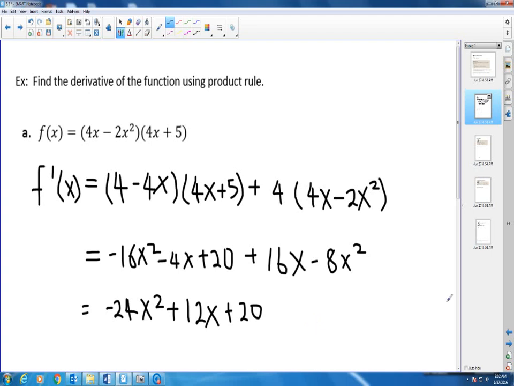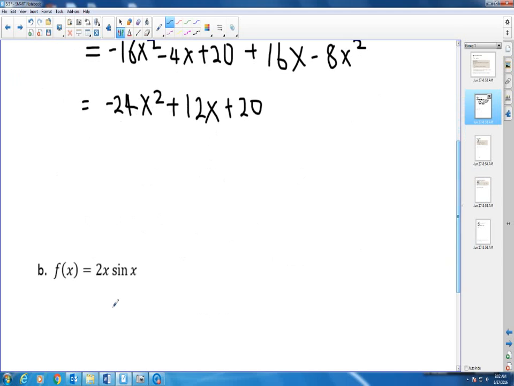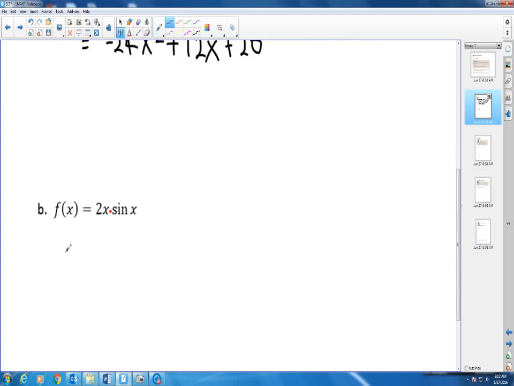Alright, let's take a look at one with a trig function. I want you to look at this as 2x times sine of x, the product of 2x and sine of x. So go by the saying: derivative of the first. I'm viewing 2x as my first function, so its derivative is just 2, times the second, which is sine x,